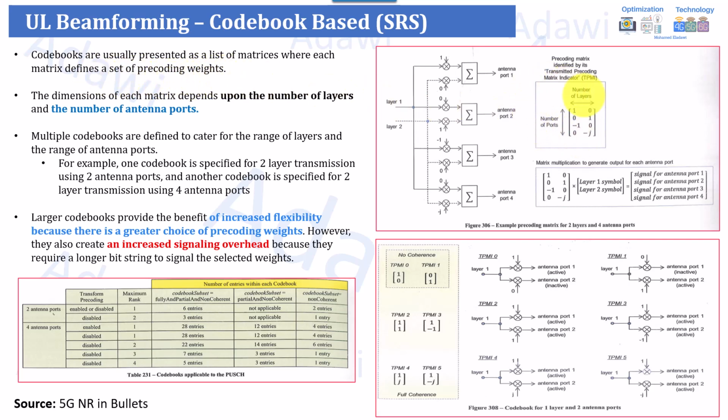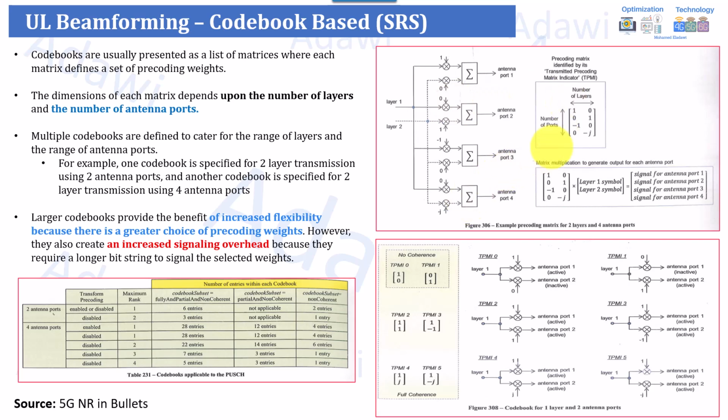And the dimension of these matrices depends on what? Two factors, actually. If you look into this figure here, the part highlighted here, they depend on the number of layers that is going to be supported by the user and also identified by the gNB, and also depend on the number of ports. This is actually the number of ports configured. You can instruct the user to use 1 or 2 or 3 or 4 ports, based also on his capability. For example, you can make it dynamic to reduce the number of ports from 2 to 1,